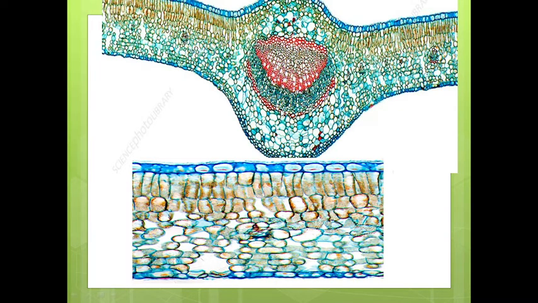After that, clusters of calcium oxalate crystals are found in the phloem region as well as in the parenchymatous region. In parenchyma and phloem there are cluster crystals of calcium oxalate, and there is a lignified band covering the entire xylem and phloem tissue. This one is the xylem and phloem tissue, the vascular bundles, which are made up of xylem as well as phloem, and these vascular bundles are covered by a lignified tissue known as pericyclic fiber.